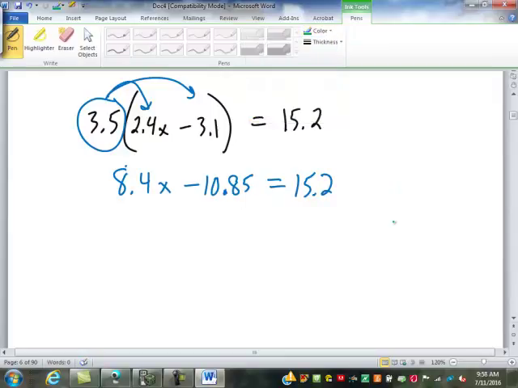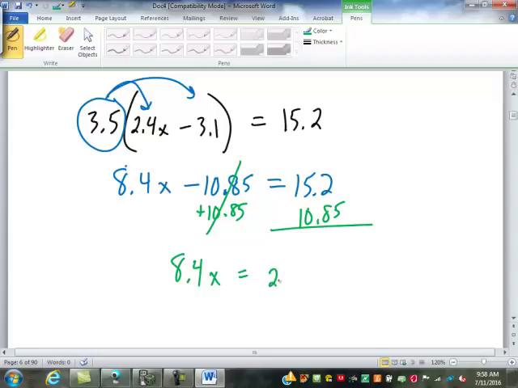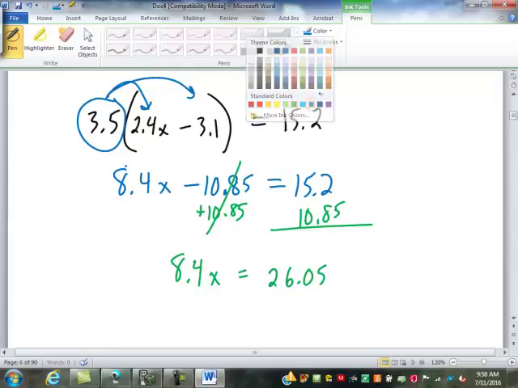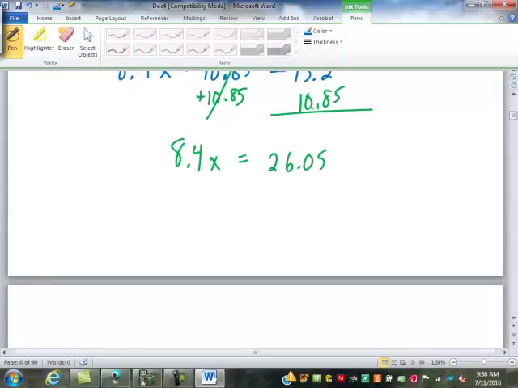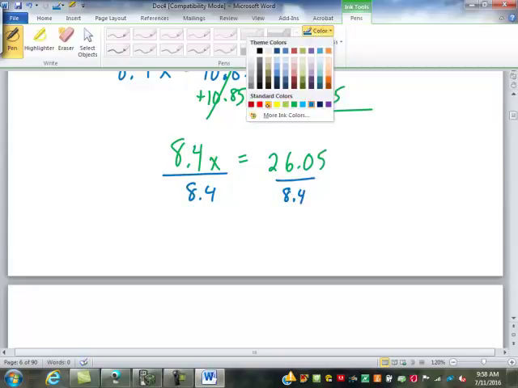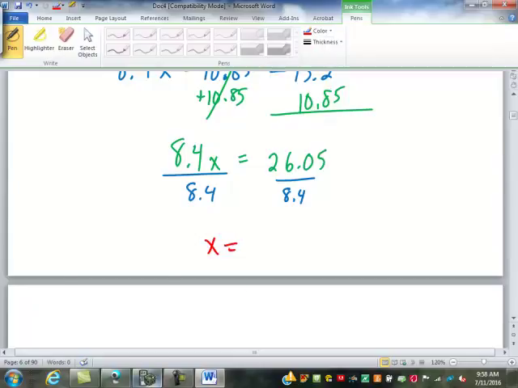So now we have 8.4x minus 10.85 equals 15.2. What do we do next? Add the 10.85. So we have 8.4x here. Adding 10.85 over here gives us 26.05. And then divide by 8.4. X equals